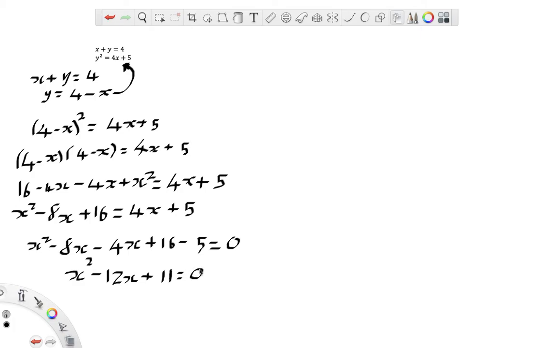That to me doesn't look like it's going to factorize, so we're going to need the quadratic formula. So just to recap on that, if you've forgotten, x is equal to minus b plus or minus square root of b squared minus 4ac